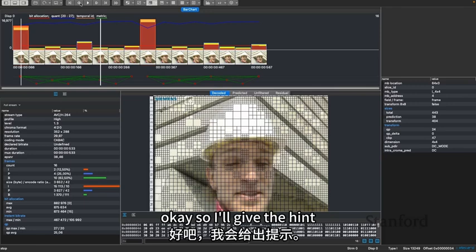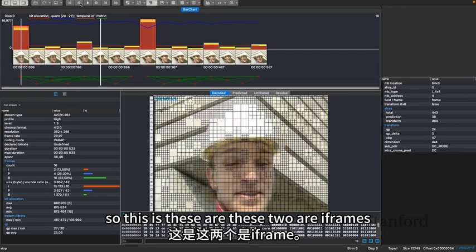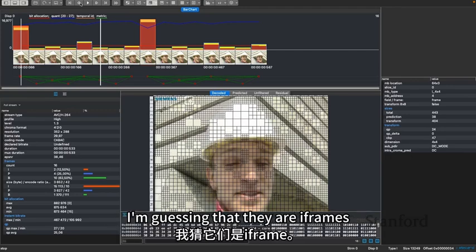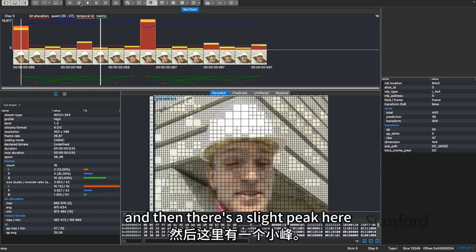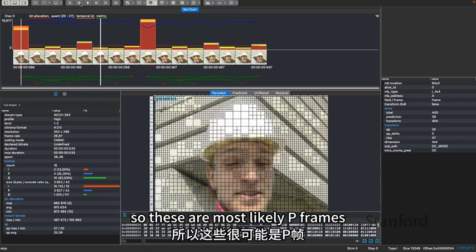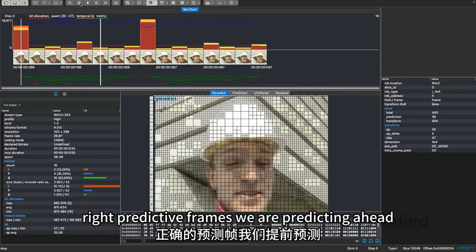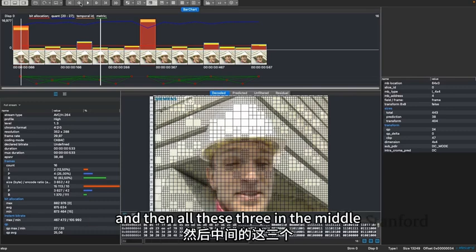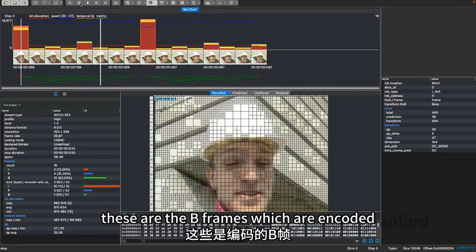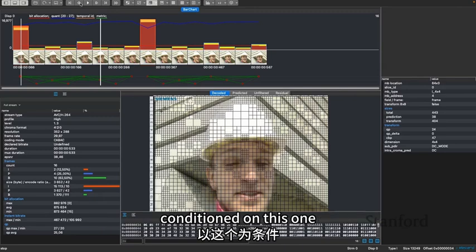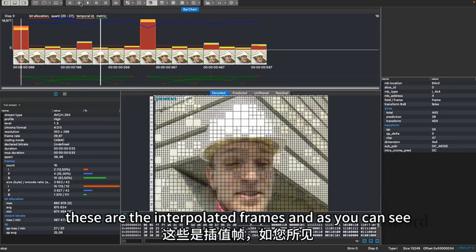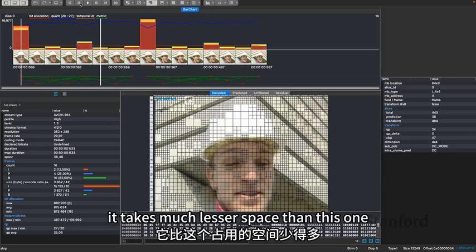Okay, so I'll give the hint. These two are I frames because they take a lot of space, so I'm guessing that they are I frames. And then there's a slight peak here, and a slight peak here. So these are most likely P frames, right? Predictive frames, we are predicting ahead. And then all these three in the middle, these are the B frames, which are encoded conditioned on this one, based on these two. So these are the interpolated frames, and as you can see, it takes much less space